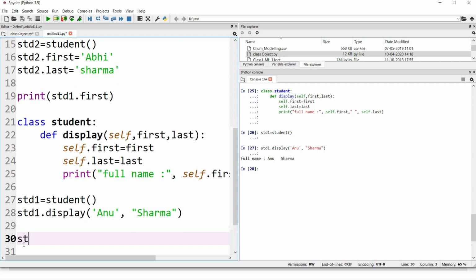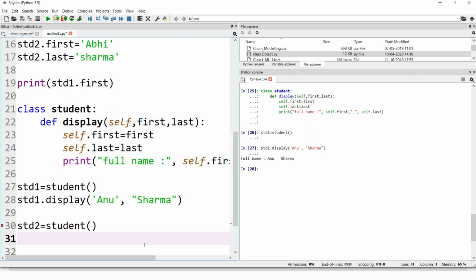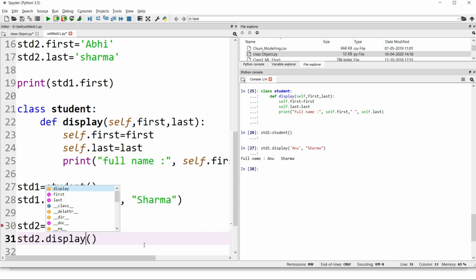And now if I create another object, std2.display, yeah, I have to create the object. So this is how I have created the object, student2.display. Okay, and then I am passing two values, Abhi and the surname, for example, MS, something like that.